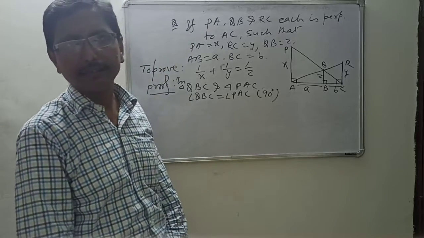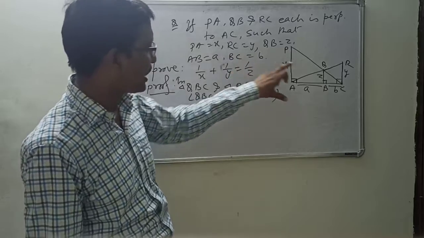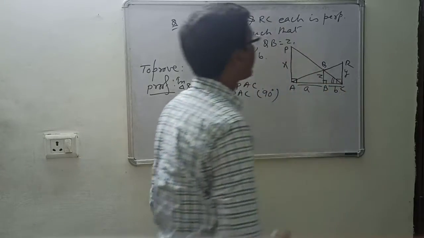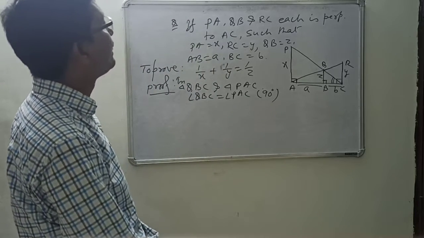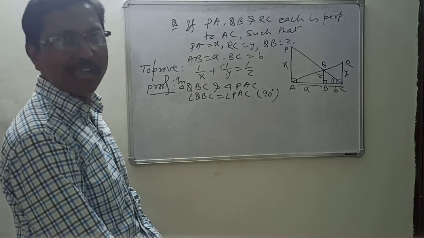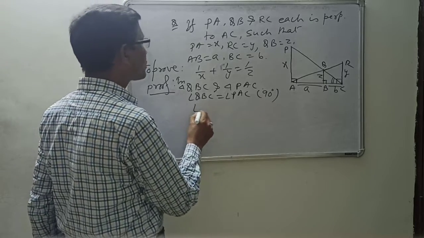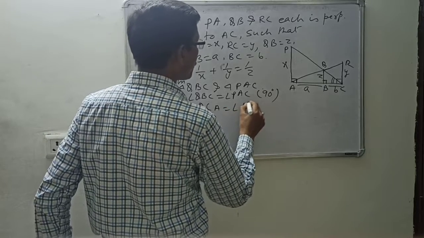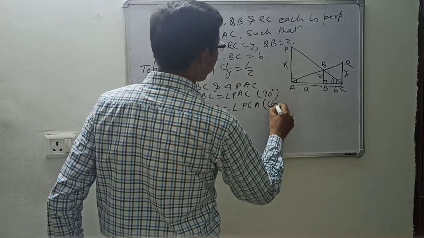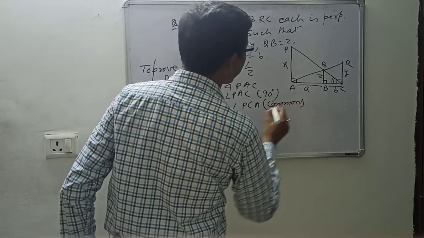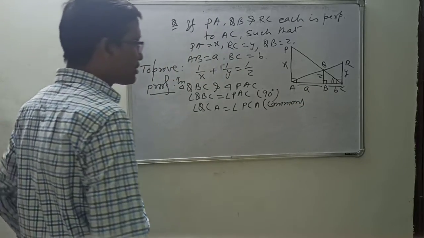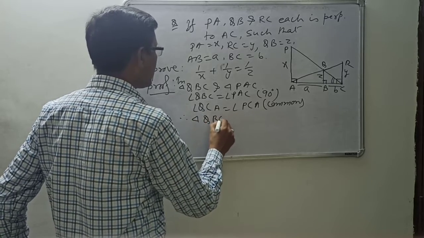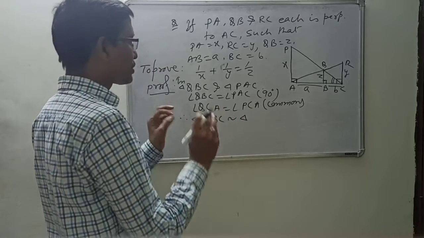Now you have to get another angle. That is very simple. See the figure, QBC and PAC. This angle C, means angle QCB and angle PCA, is the same angle. That is the common angle you have. So angle QCB is equal to angle PCA. That is common. So ultimately the angle criterion is satisfied. Therefore you can say triangle QBC is similar to the triangle